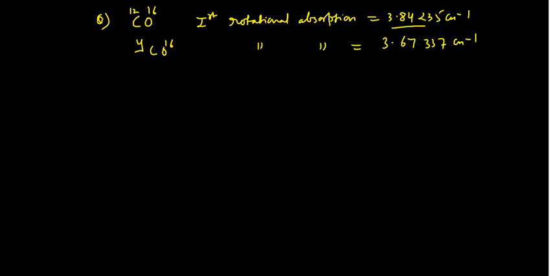So guys, you can clearly see here, since this rotational absorption energy is higher for the first one and lower for the second one, and you have already seen that when you substitute the molecule with the heavier isotope, then the rotational energy decreases. So you can see this energy is decreasing here, 3.67, that means definitely this is the heavier isotope, that means it should be 13C. So you can have an idea about the things like that.